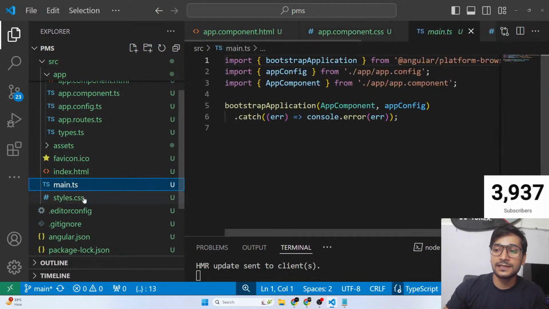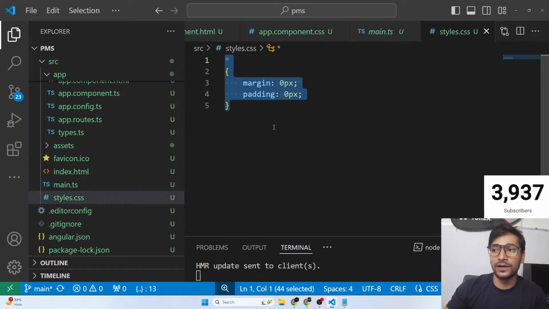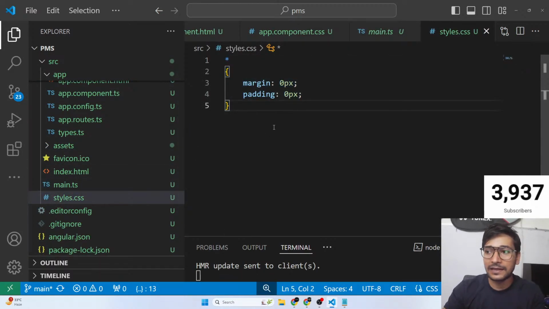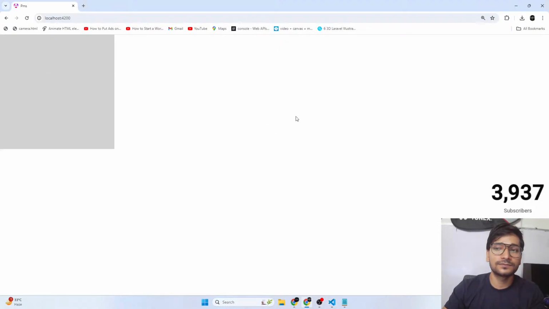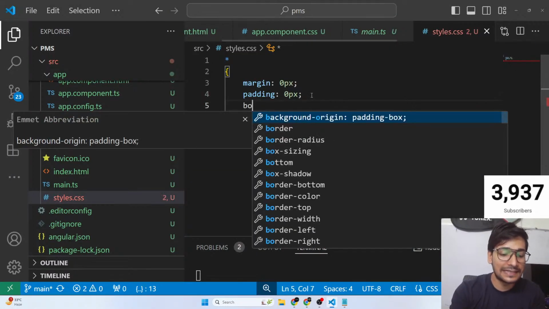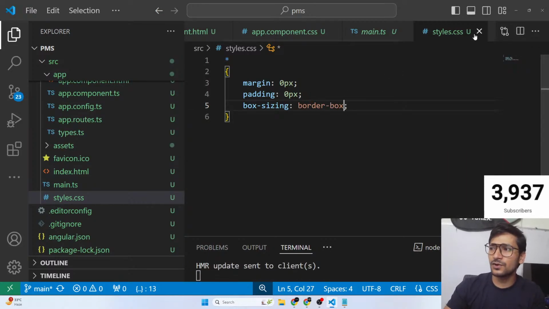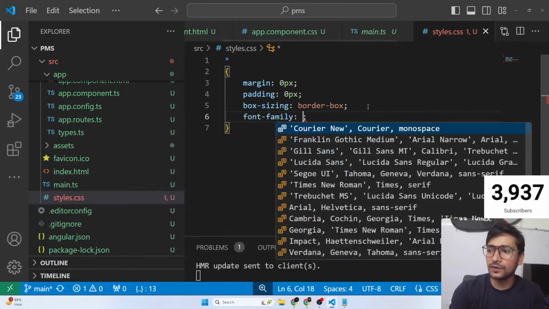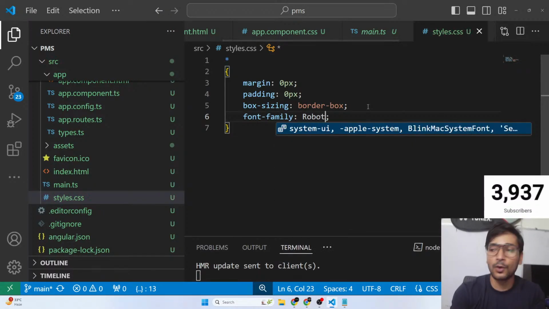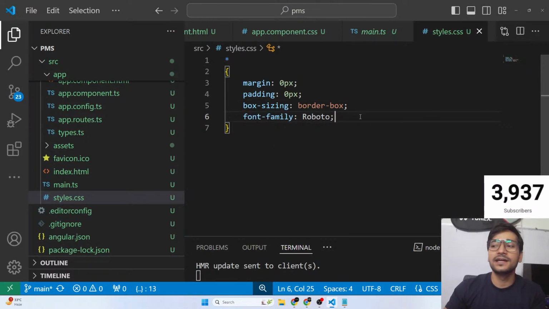I want this CSS applied for every component, just like in our normal HTML applications. And now see, that gap is gone. This is the basic reset CSS that I want. Box sizing, border box. That's all. Basic setup. You can also choose a default font family, let's say Roboto. Again, guys, you can choose anything. I'm just using Roboto because it's installed in my PC.